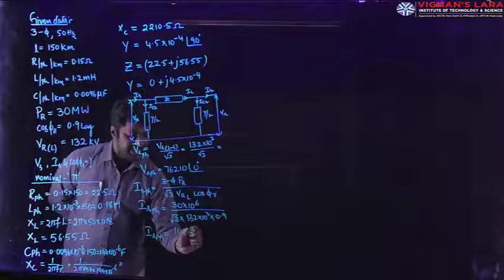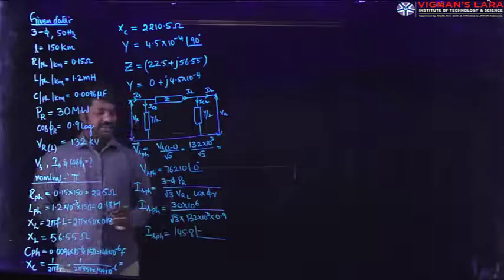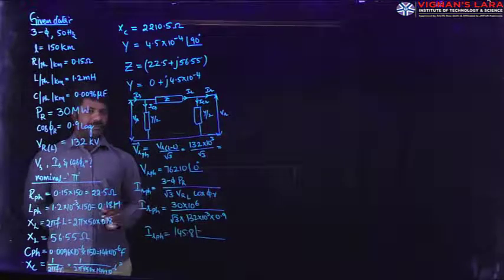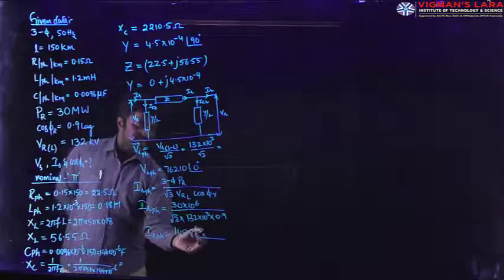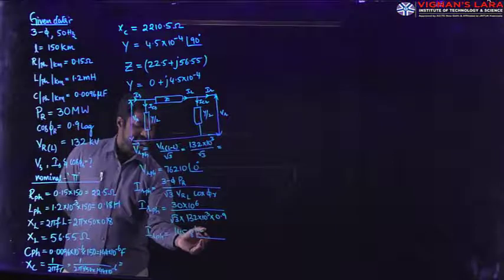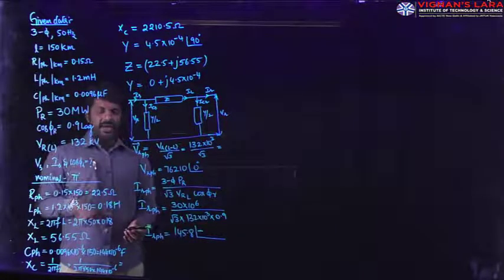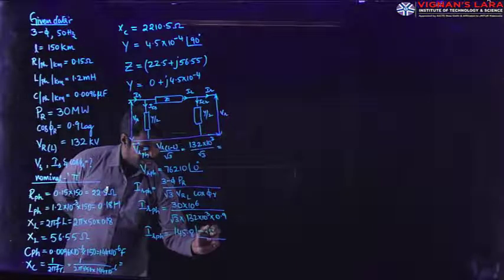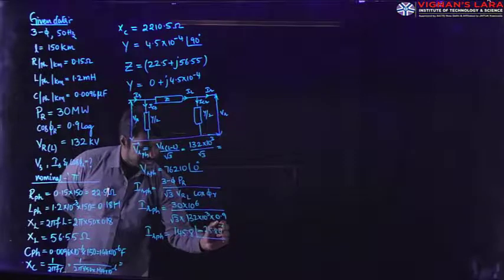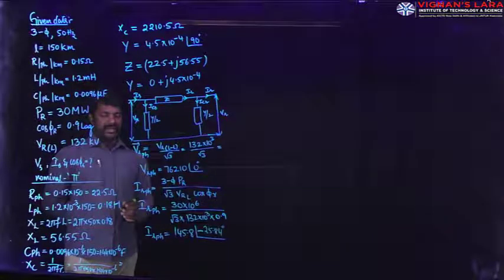Substituting this in the calculator, you will get IR per phase, the receiving end current, as 145.8 amperes, whose nature is lagging current. That is why I will put it minus. If it is a leading current, I have to put plus. Right now in this problem, they told me that it is a lagging load. Therefore, I have to put minus. With what power factor? 0.9 lagging. Cos inverse of 0.9 gives me 25.84 degrees. This much lagging angle is there for the receiving end current IR.